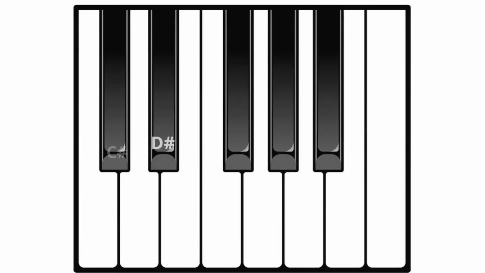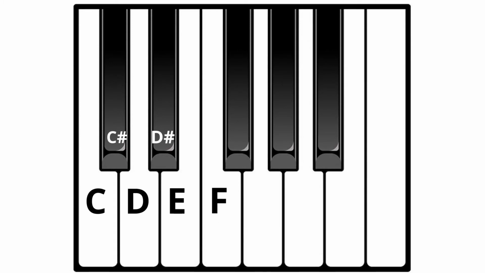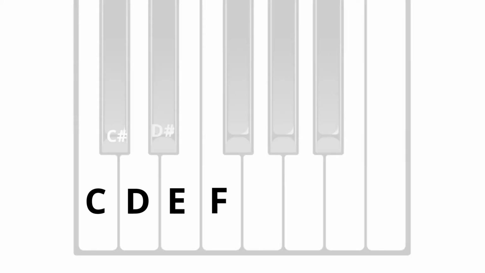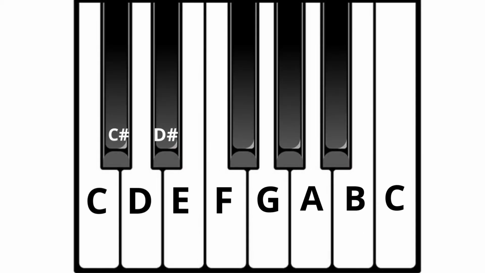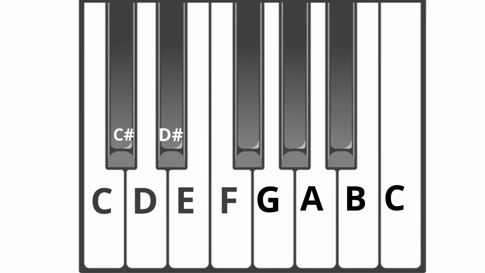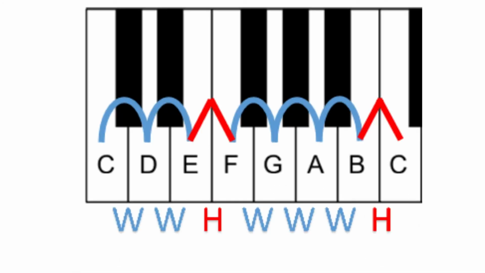Now, according to our major scale pattern, the next movement should be a half step. And if we move from the E to the note immediately beside it, we see that that is definitely right because we've landed on our next note, an F. Our remaining notes would be a G, A, B, and C. As you can see, this follows the second half of the major scale pattern: whole step,